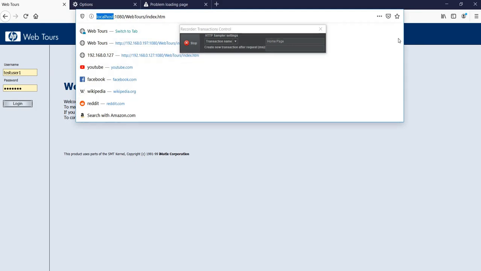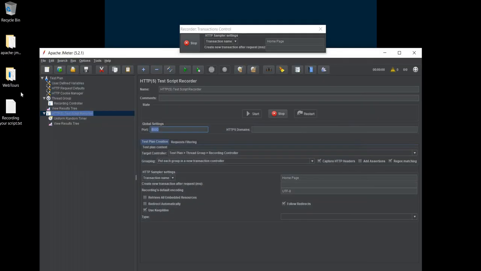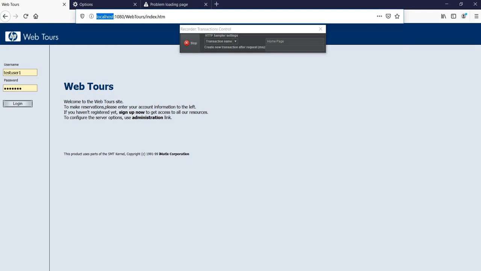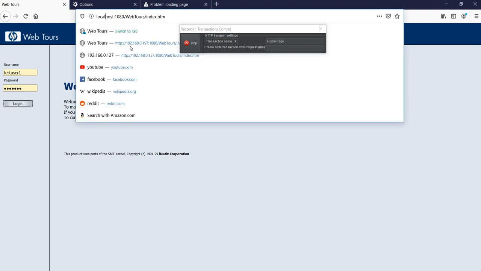So how will you record a server which is on your system, because this is not a real life scenario. In real life you will not have the server and client on the same machine. So this is why JMeter is built like this. It just maps traffic which goes to another system, but we have a way around, and the way around is, instead of just writing localhost, you can write in the IP address.